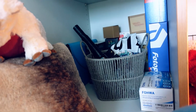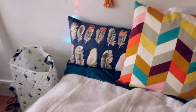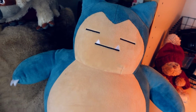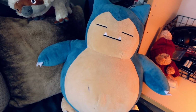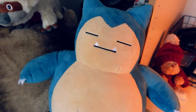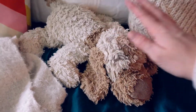And then this shelf is basically my miscellaneous shelf. I've just got very random stuff. And then on my bed, I've got all my cushions and a throw blanket. I've got my Snorlax, he's hanging out, although the other day I actually drew on him by accident because I was in my bed writing my journal and he was right there and my pen slipped, and I've already apologised profusely, but I don't think he's quite forgiven me yet. And we've got my Arpa and my stuffed animal I've had since I was a child,